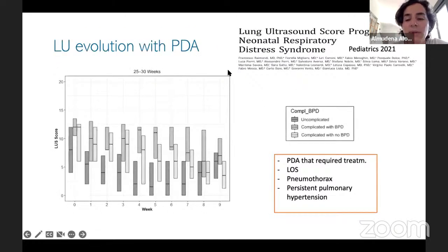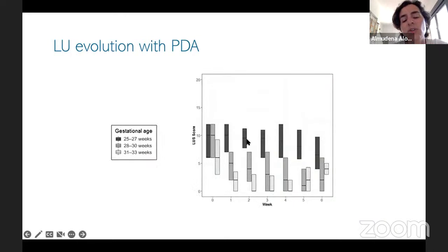And this is another paper about lung ultrasound score evolution in extremely preterm infants, in which they analyze the infants according to different complications. Infants with a BPD were those with light gray, in which you can see how BPD patients have persistently high lung ultrasound scores, and infants with complications different from BPD, for example, PDA that requires treatment, late-onset sepsis, pneumothorax, persistent pulmonary hypertension, have these gray boxes, that they also have persistently high scores that begin to decrease at about 1 month of age. And this is the same moment that more immature infants had this decrease of lung ultrasound scores. So